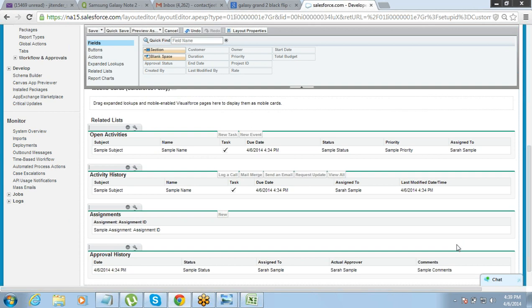But if we make a field required on the page layout, then what happens? That field is required only if the data is being entered through that page layout, right? So if someone tries to do a backend upload for the data from data loader or something, then that field will not be required. It will still accept data without that field value.